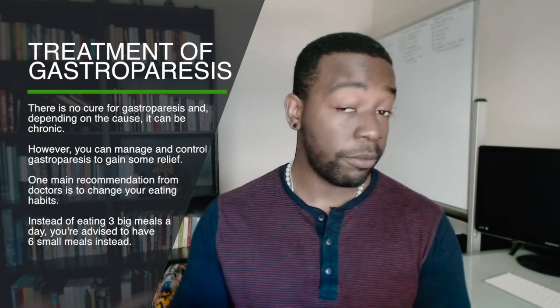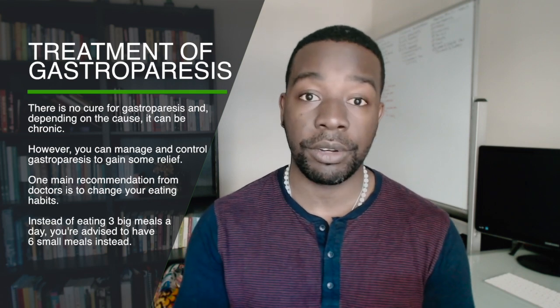And depending on the cause, gastroparesis can potentially be chronic, which means it can just last for a long time. Yet there are steps you can take to manage and control it in order to gain some form of relief instead of suffering for the rest of your life when you actually do get this condition. Well, now, one of the best ways to control gastroparesis, according to the medical community, is to change your eating